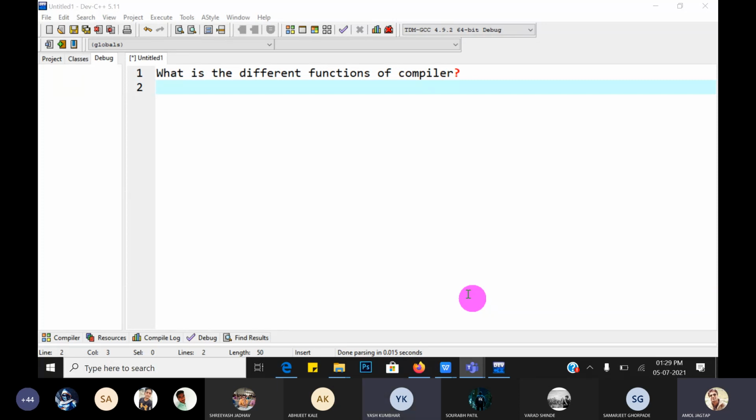Yes. Next: compilation of source code must be done smoothly, or efficiently.